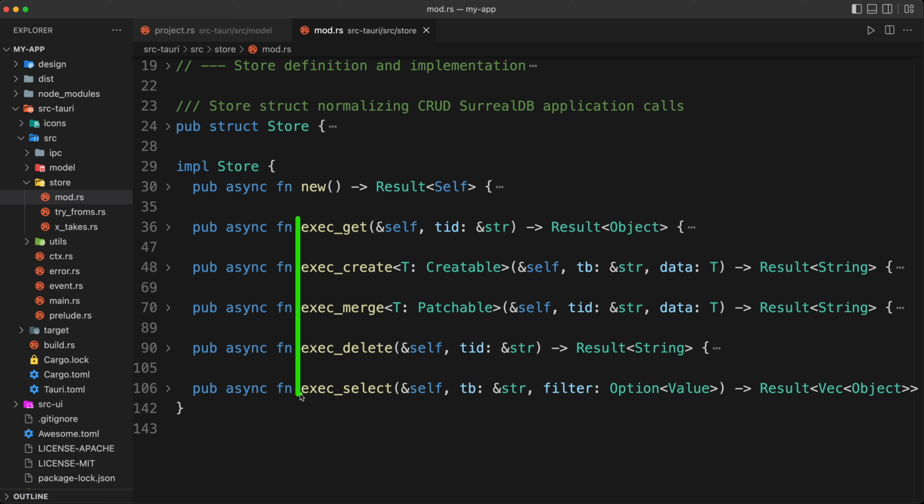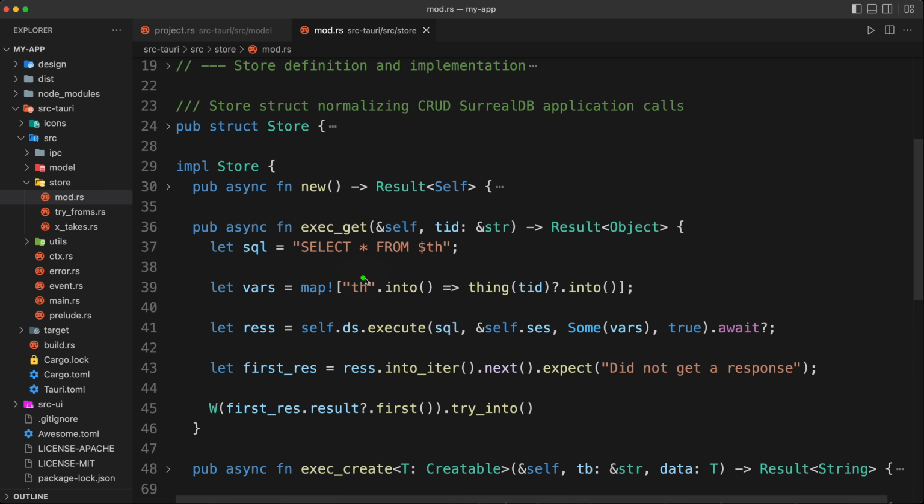Now it's important to note that as a store layer, we do not know about project, task, or any model objects. What we know is about creatable, patchable, and filterable. And we know how to return objects, serial object, which is like a record of a database in a way, or vector of objects and IDs. And now if we expand our exec get, we get our SQL, which is SurrealDB query language,